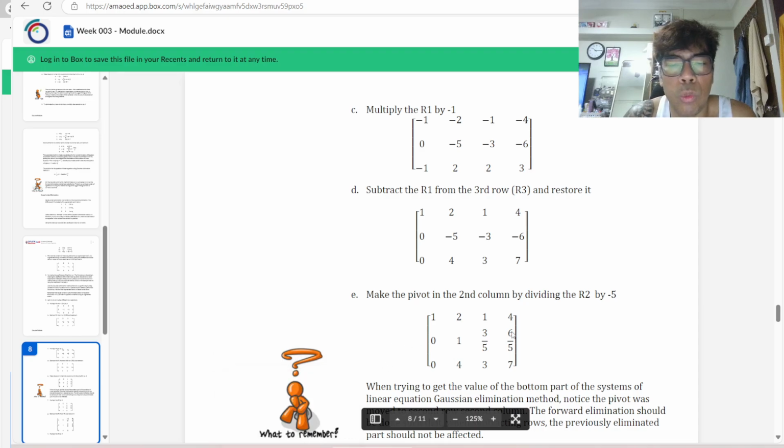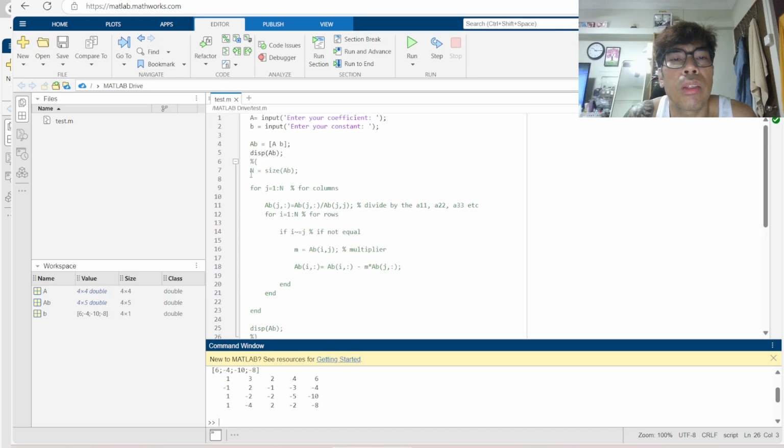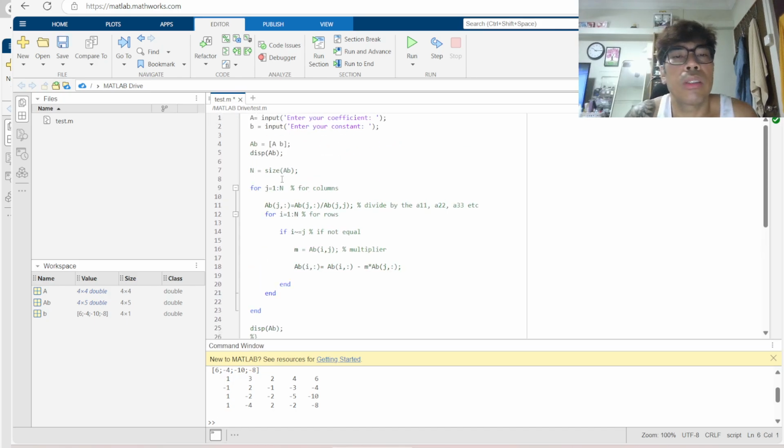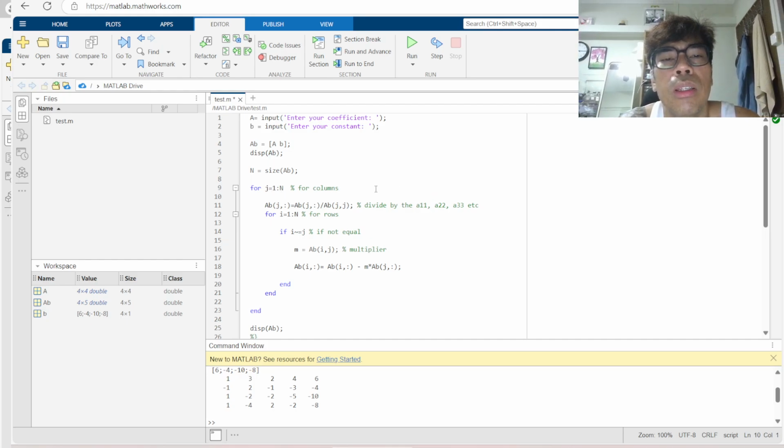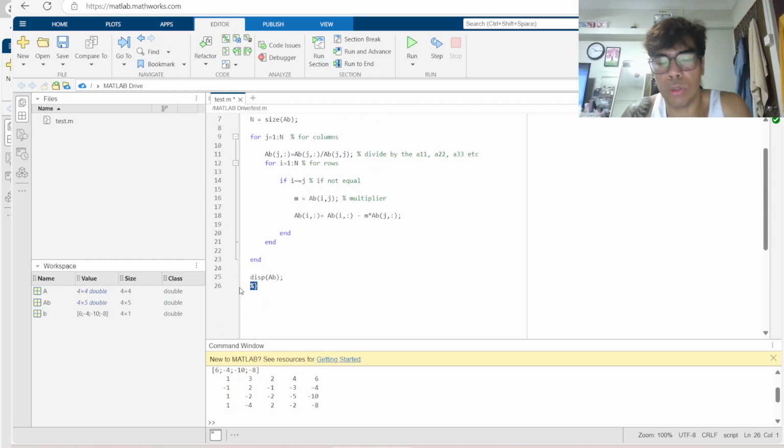First, based on the input, we need to get the size of the array. This code will get the size of the array. Then this for loop will loop for the rows and the columns. Then we need to get the value of A11, so we must divide the number by the loop. Then, to test this,